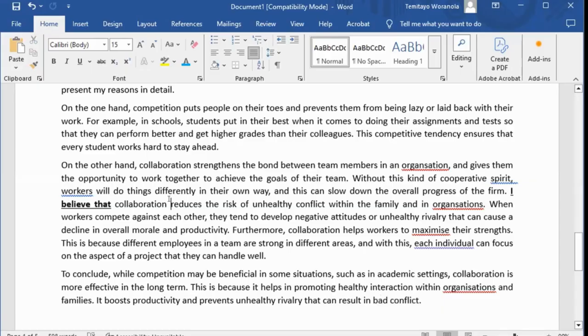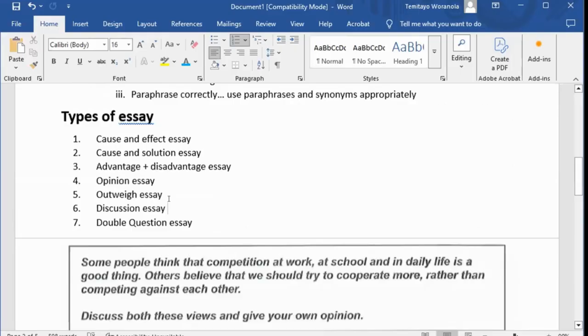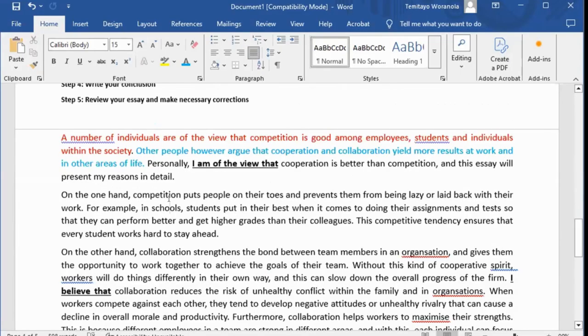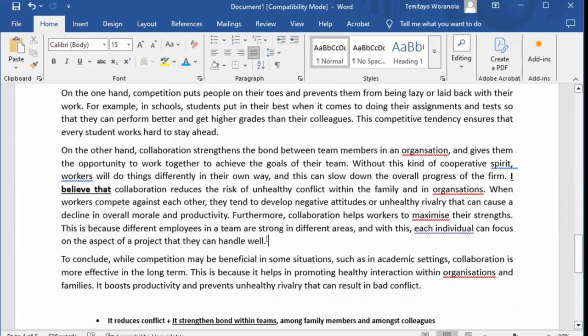All right, there's something missing. I need to put an example. Okay. It's always good to put an example because they will say use example to support your points. That's one of the things that boosts your marks. Your example has to be relevant. So I need to look for an example that has to do with organizations. Okay, let me put an example here.